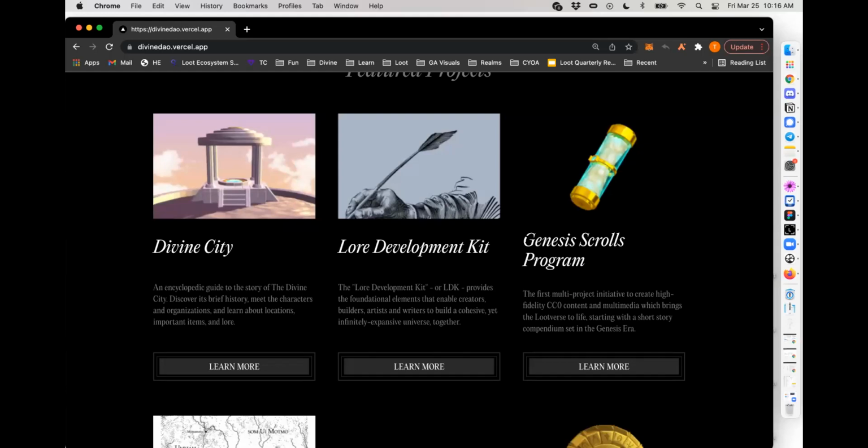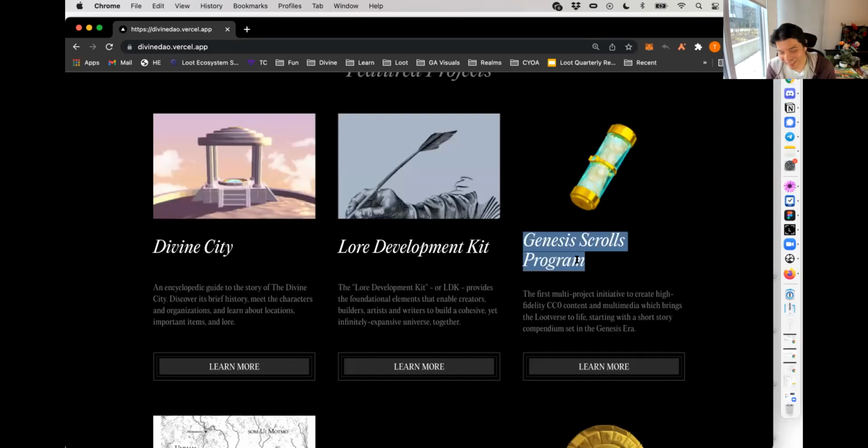Literally no strings attached. I'd say the only string would be a strong preference that if somebody takes a Lootverse grant, they write Lootverse content. But I think that goes without saying. The other preference is that if they take a grant here, they create CCO content. So I don't want to give a grant to Disney to go create content, unless Disney wants to create CCO content, I guess. But we want to give grants out to people who are going to participate. I wonder when that will happen, right?